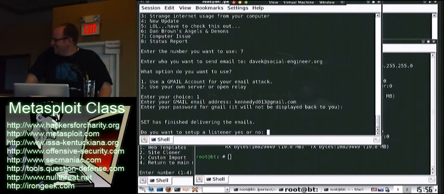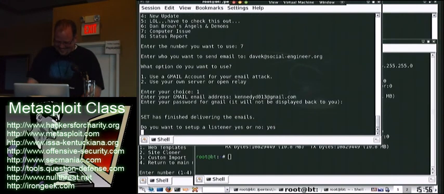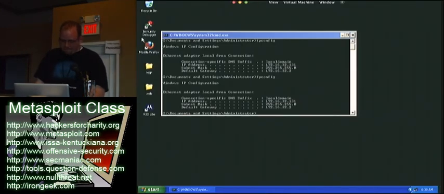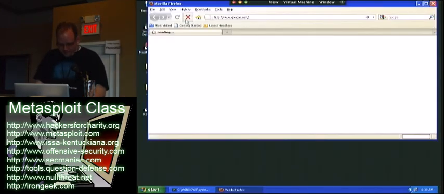It's hard to trust them. So we set up a listener. It's automatically going to migrate for us too, so when they close Adobe, it's not going to be a problem. And we'll go ahead and open the email.